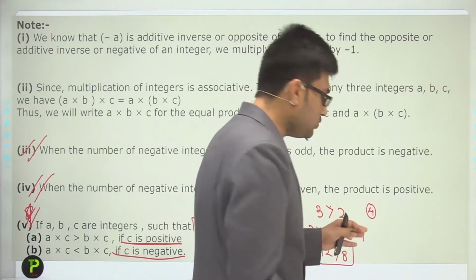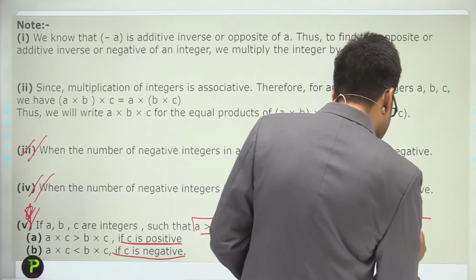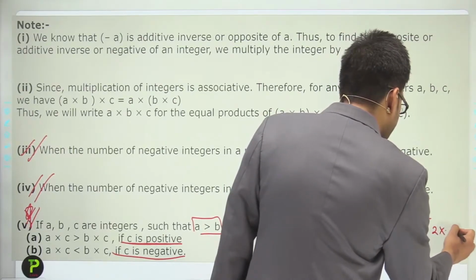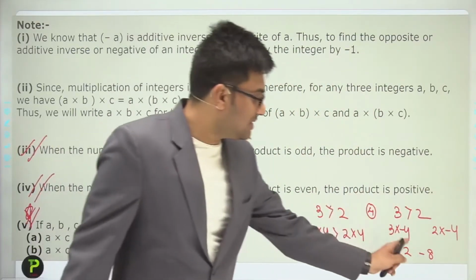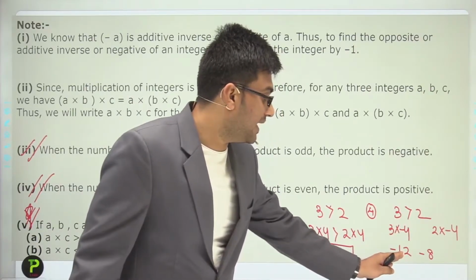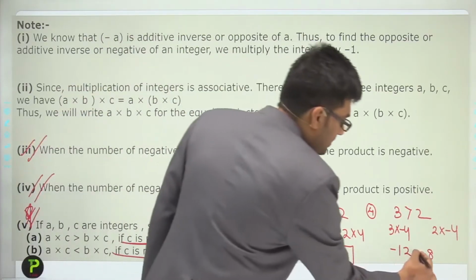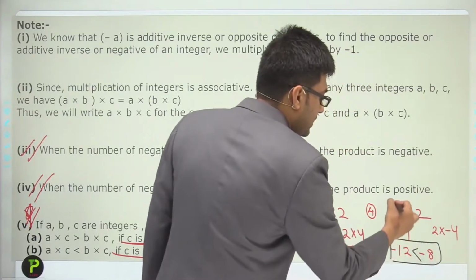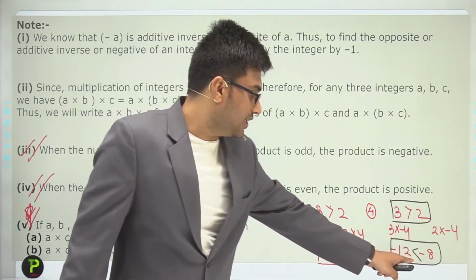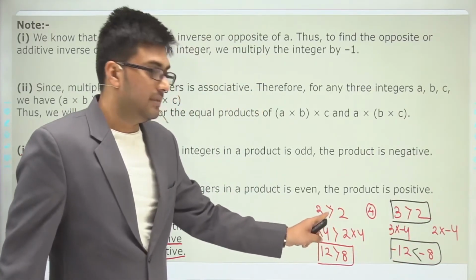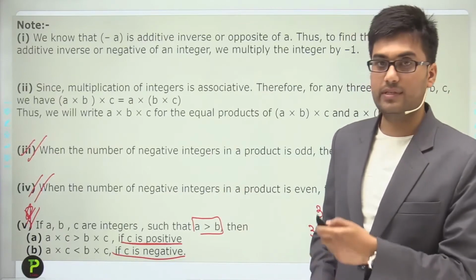When we multiply these two by a negative number, then what will we get? 3 is greater than 2. And when we multiply this 3 by minus 4 and 2 by minus 4, then students, this is minus 12 and this is minus 8. Now which sign should be placed here, students? Here this is negative 12 and this is minus 8. So we have to put the less than sign here. Minus 12 is less than minus 8. So students, when we multiply by a negative number, the inequality sign is changed. And when we multiply by a positive number, the inequality sign is the same. Clear? So students, now let's discuss a few examples.